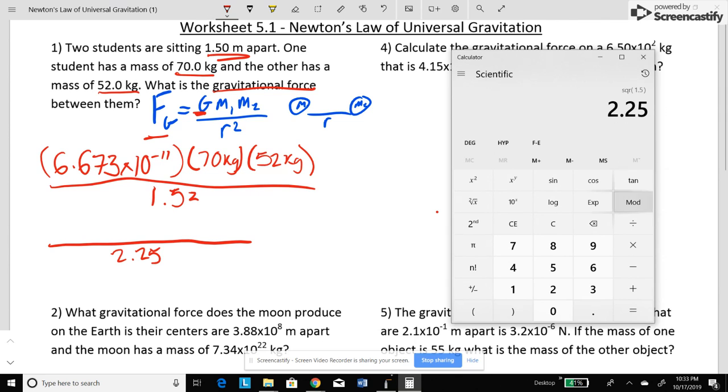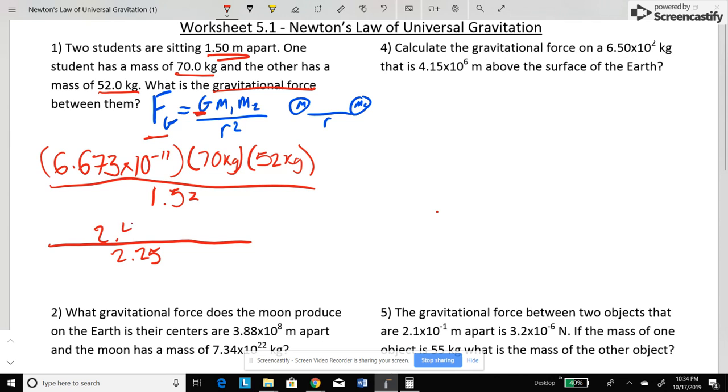Multiply all these together. So I'm going to take 6.673 times 10 to the negative 11. So you should get a really, really small number. All right? I'm going to times that by 70. And then I'm going to take that number and times that by 52. So now if I look at this, my decimal place is actually going to be 1, 2, 3, 4, 5, 6, 7. So it should be 2.42